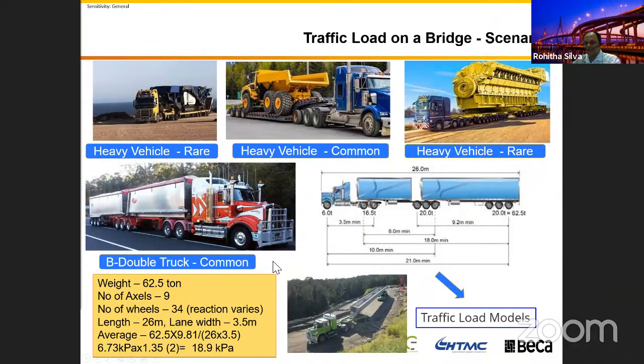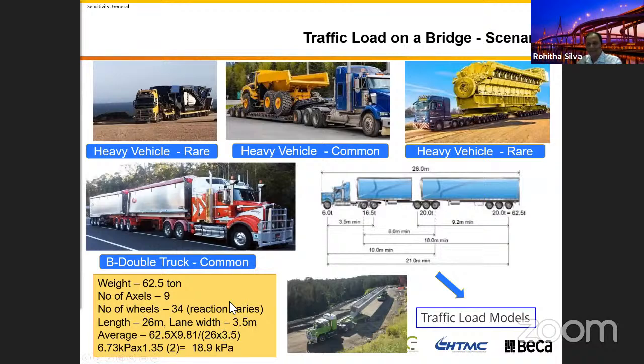And then I multiply this by 1.35. In the previous slide I explained about the dynamic impact, so I just increased it by 35%. Then I put in this number 2 to make sure, because these axle loads are not a uniformly distributed load. I just make a simple analogy. If you take a simply supported beam with uniformly distributed load, the bending moment is WL squared by 8. If you put the total weight right in the middle, it's WL by 4, so I just made that analogy and then I multiply by 2. Still, it works out to be